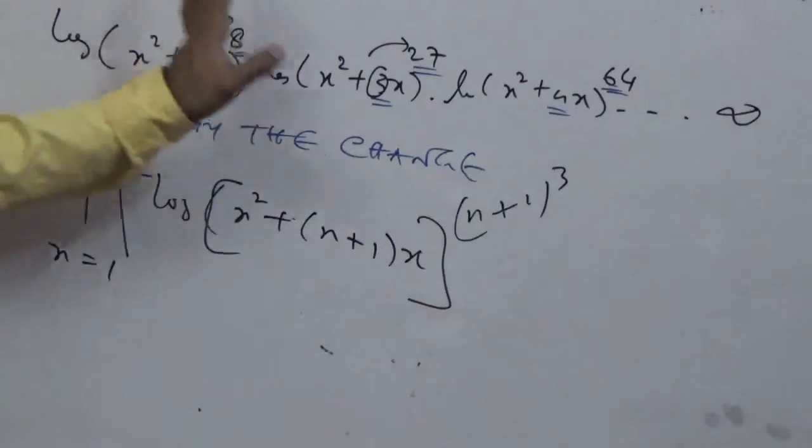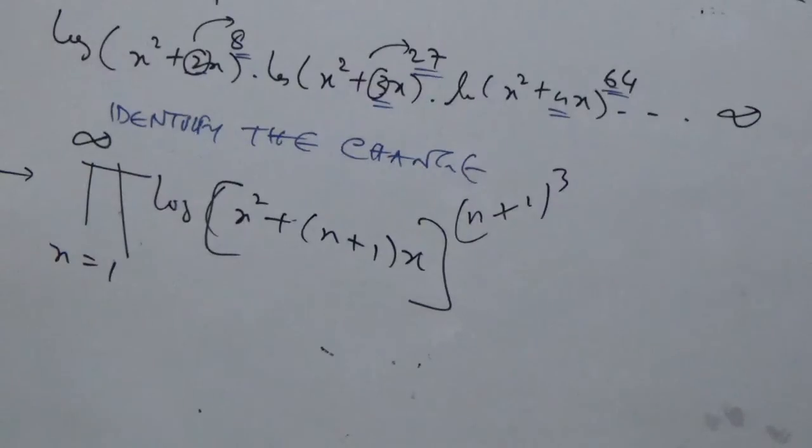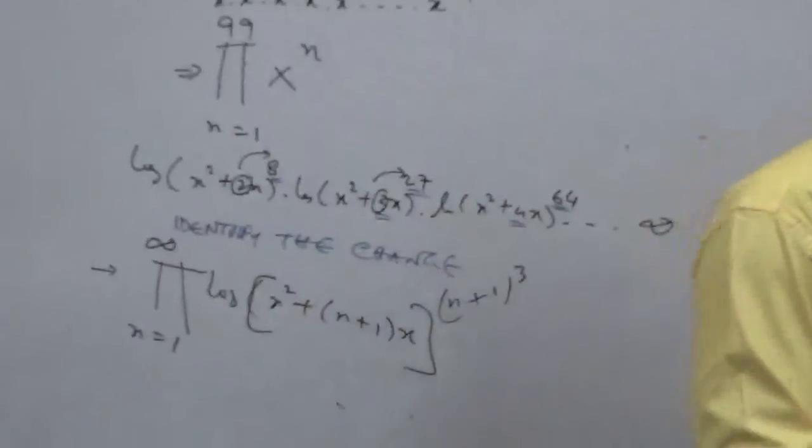So this is our basic crucial structure for pi notation. When you know the summation, this kind of multiplicative notation becomes an easy catch. Let us just